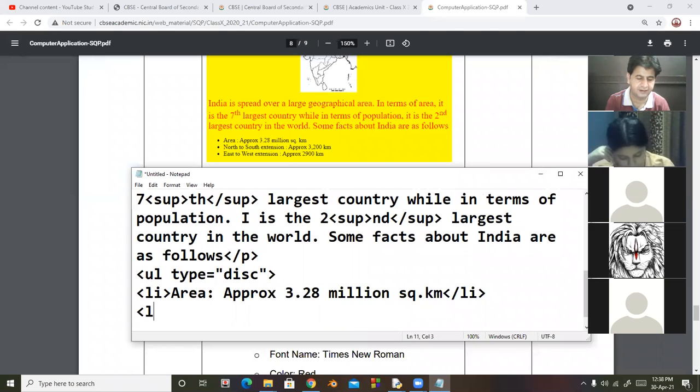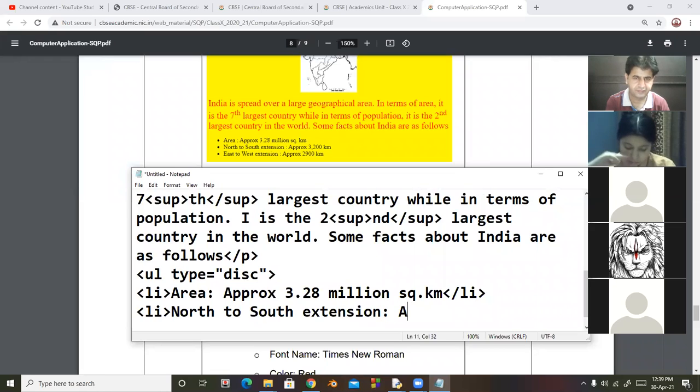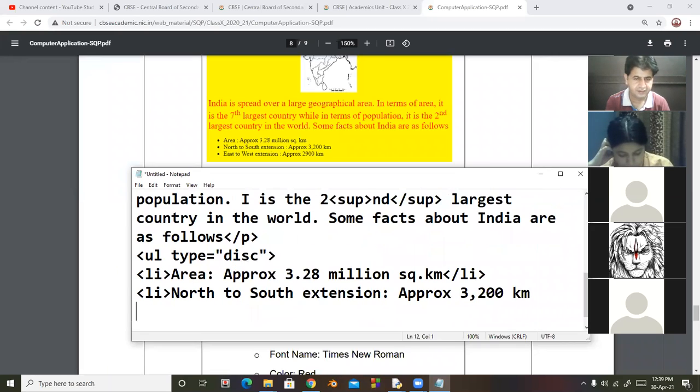Then Li again start north to south extension approximately 3,200 kilometer. And again Li close.